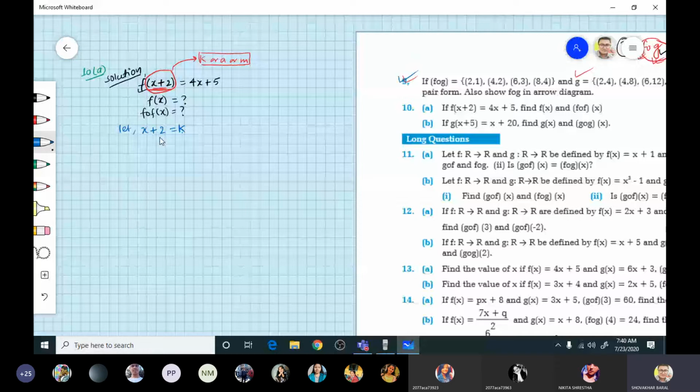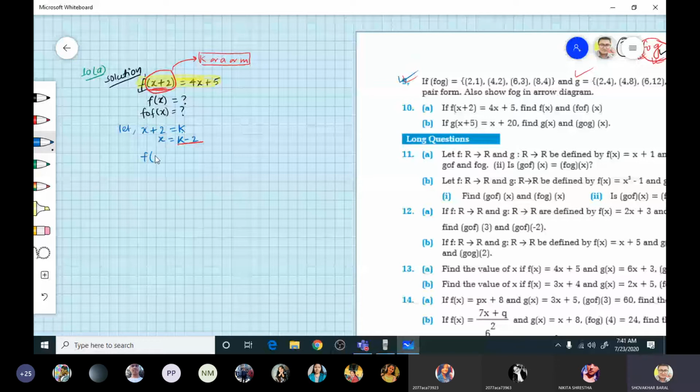I hope all of you are writing along with me. Now replace all the values of x with the new variable k. In this one, f of x plus 2 is equals to 4x plus 5. Wherever there is x, replace this value of x by the new value of x, that is k minus 2. Wherever you see x, replace it with this k minus 2. Okay, now f of, here is x, so I need to write here k minus 2